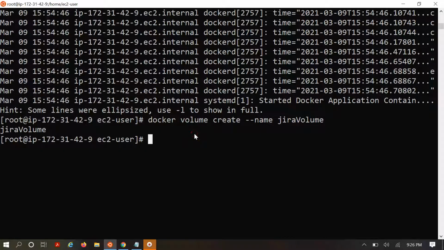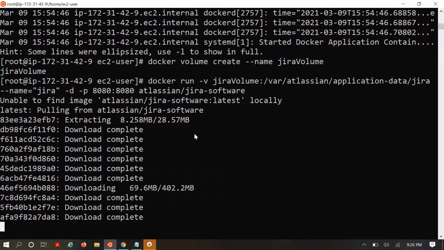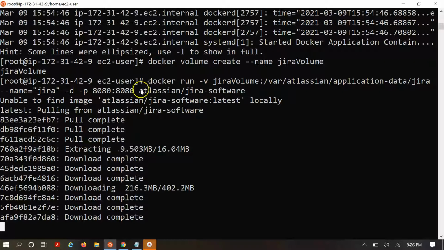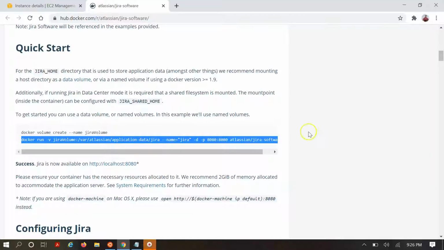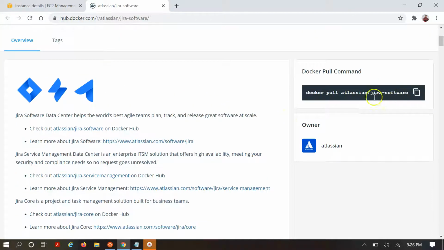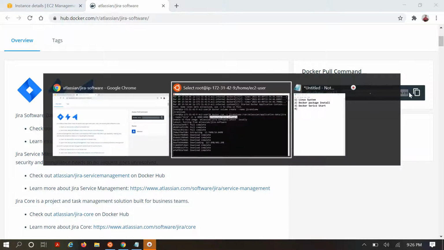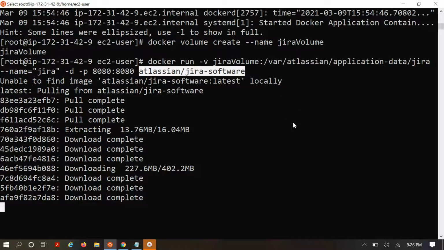Here we are taking the actual Jira Docker image, which is the Atlassian Jira software. If you are not providing any tag, this will take the latest one. Along with that we are passing the port mapping of the Docker container port and the external host system port, which is 8080.